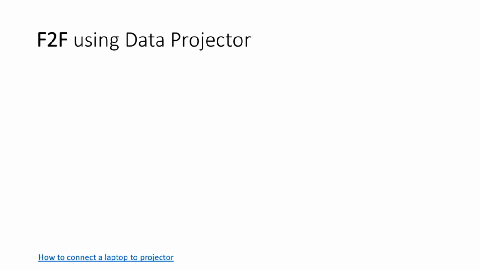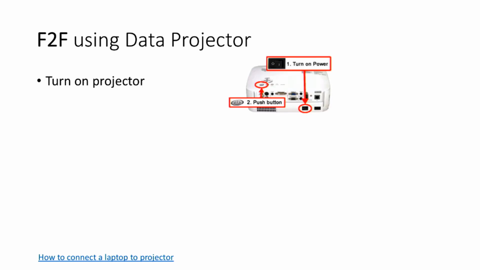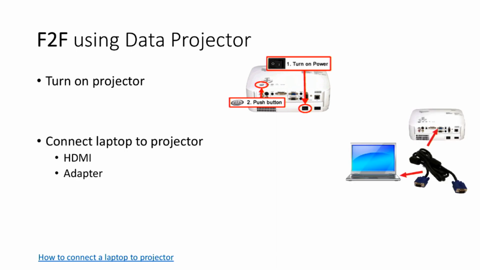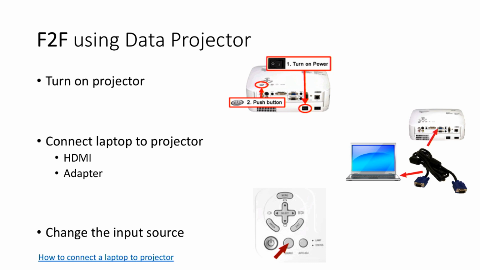So let's look at what we do when we go to a face-to-face classroom. We're generally using a data projector. Here's a data projector. You've got to power it on, push on the start button. You've got to connect your laptop usually up to the data projector, or you've got a computer in the room already. And we have the usual problems of, have you got the right adapter, the right cable, HDMI versus VGA, and so on. But we normally get over that problem, and then the next issue that we might face is